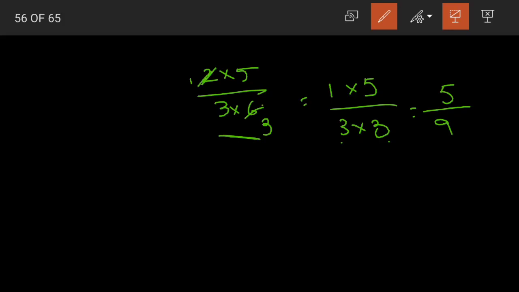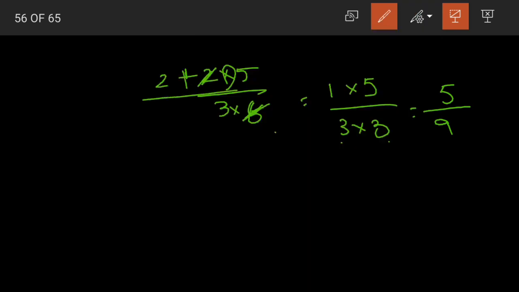And again, when you are cancelling the numbers like this, see, I am dividing both by 2, right? 2 ones are 2 and 2 threes are 6. You can do this only when there is a multiplication symbol between the given numbers. All should be in multiplication. Suppose if I have